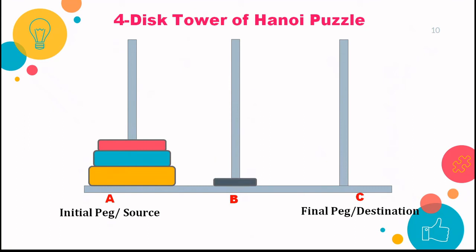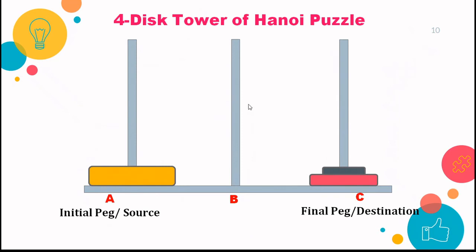Now first we will place the smallest disk on B, then the second smallest on C, pink one, then this will be placed on peg C on top of pink, and then this blue one will be placed on B,